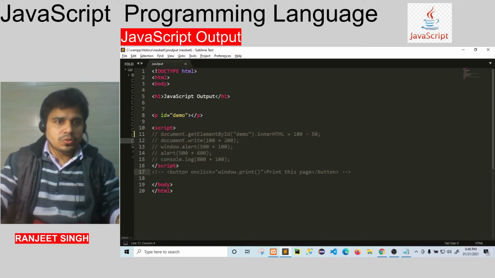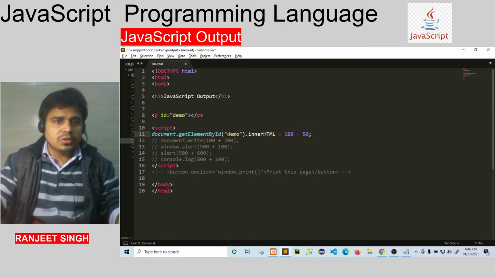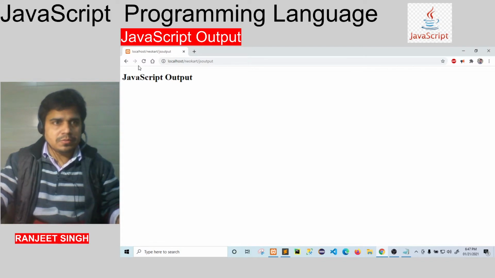The first one we will see is document.getElementById demo .innerHTML equals 100 minus 50. We have seen all the details in the previous text. So save and run in the browser.